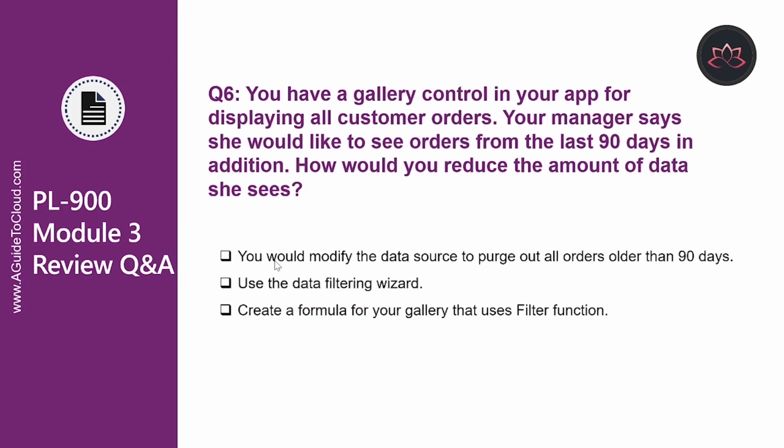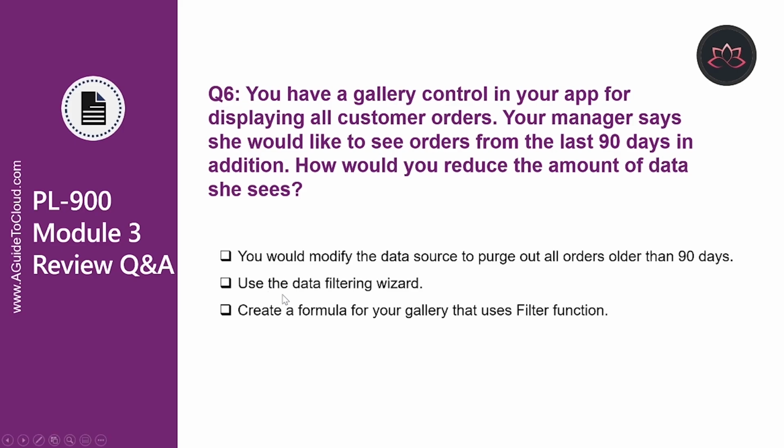Let's look at question number 6. You have a gallery control in your app for displaying all customer orders. Your manager says she would like to see orders from the last 90 days in addition. How would you reduce the amount of data she sees? Is it by creating a formula for your gallery that uses the filter function? No. Or would you modify the data source to purge out all orders older than 90 days? Definitely not. So the correct answer is